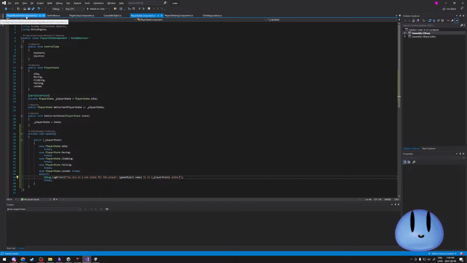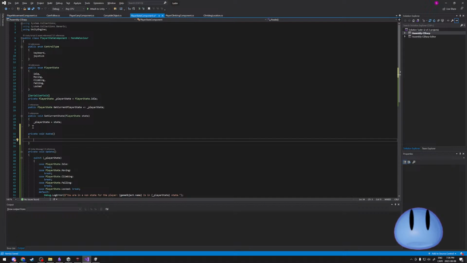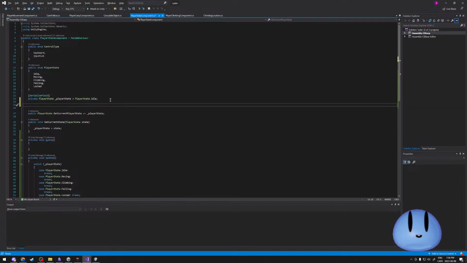Realistically, what I could be doing is making myself a list of player components, having player movement component, player carry component, and player climbing component based off that component. And then when I launch it, just grab them all. I think that's not an insane idea. So let's do that. Wake. Let's add ourselves, these are our enumerators. This is a private serialized field. Let's have another private field. It's not serialized, and this is going to be a list